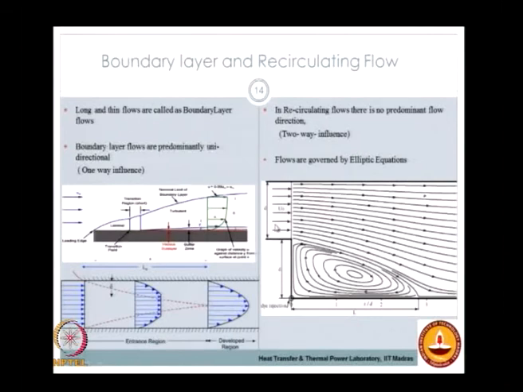Now if you look at flows with adverse pressure gradients, or where you have sharp corners like the figure right here, you can have flow which cannot flow across the sharp corners and therefore has to separate, and that is a recirculating bubble here. So in the case of recirculating flows, you cannot say that the flow in the recirculation is dependent on the flow upstream, and therefore there is no predominant flow direction here. However, there is a two-way influence. So the equations here are elliptic in nature, and therefore the disturbance comes from all the directions into this particular